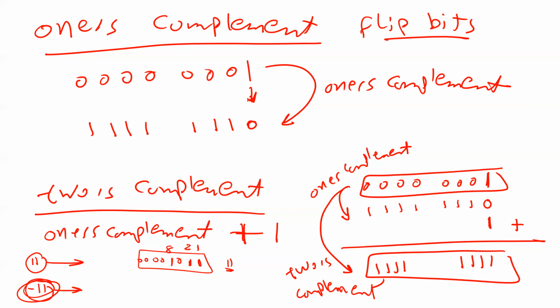Okay, anyway, so what I'm saying here, this is 11. So in order to get -11, just calculate the 2's complement. And to calculate the 2's complement, I have to get the 1's complement first: 0, 0, 1, 0, 1, 1, 1. Okay, and then add 1. If I add 1, it's going to be this way. So this is -11. Is that okay, guys? Any questions?